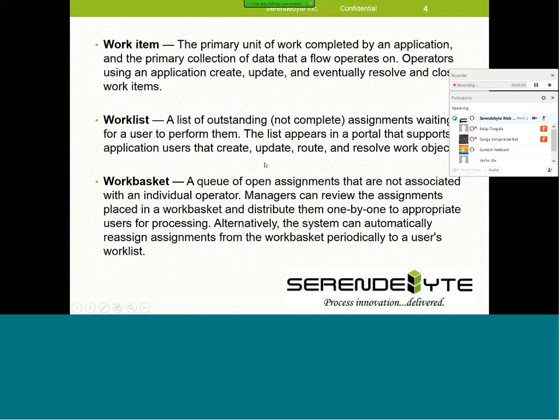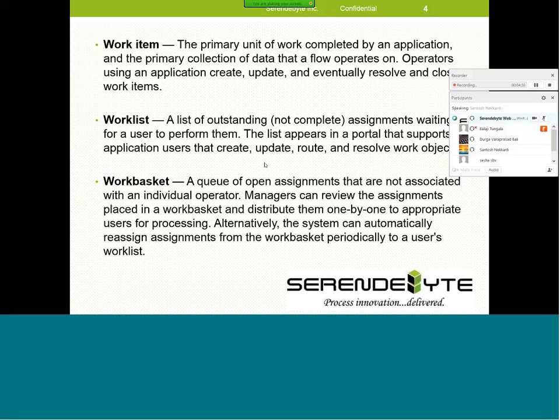And we are talking about work item, work object, or case, right? So what is that? It is the primary thing we work on in the flows. Without a work object, you are not going to traverse the flow. That is the one we create, update, and finish, that is, resolve. Any questions? Is work item the same as work object? Yes, work item, work object, case, all are the same.